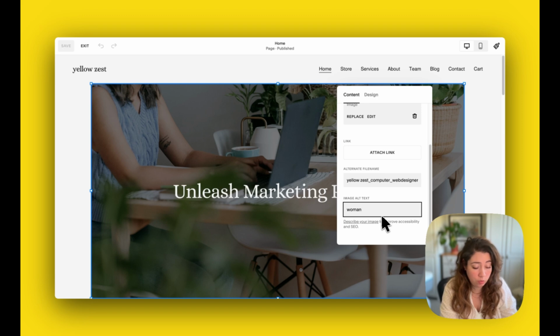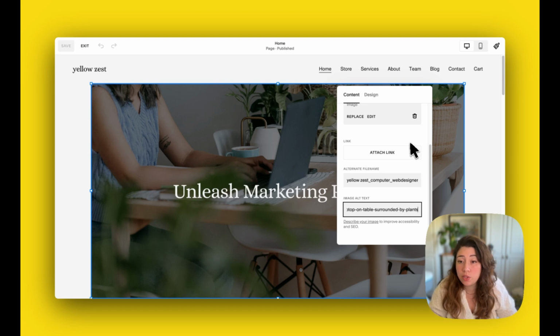So woman using laptop on table, surrounded by plants. So by doing that, you're telling search engines what this image is about,